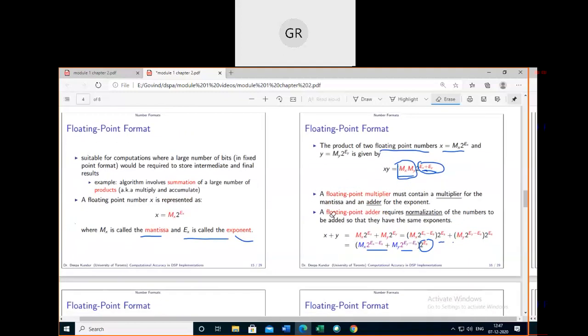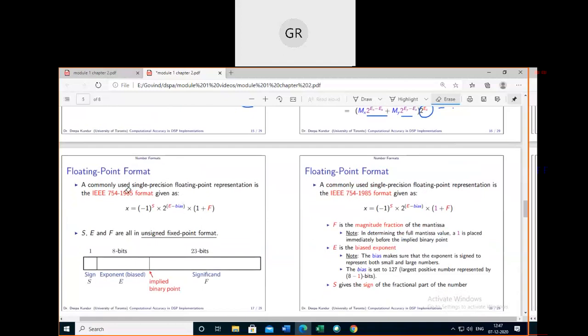Okay, just remember this. Then a commonly used single precision floating point representation is the IEEE 754 1985 format. What is that? Just remember, x is equal to (-1)^s multiplied by 2^(e - bias) multiplied by